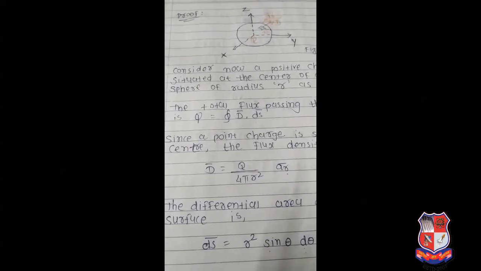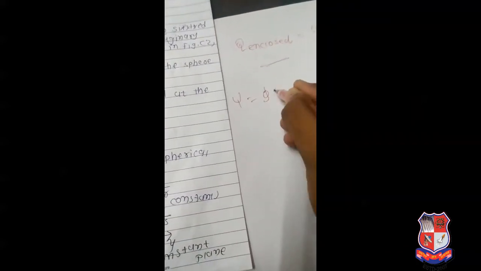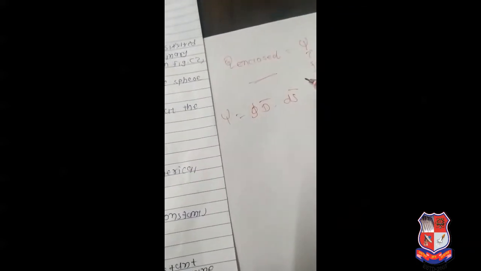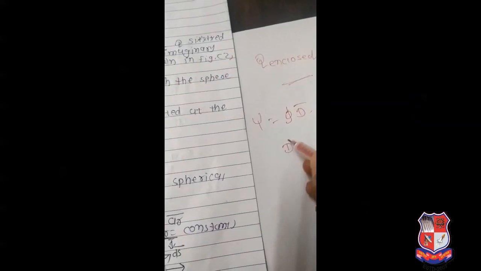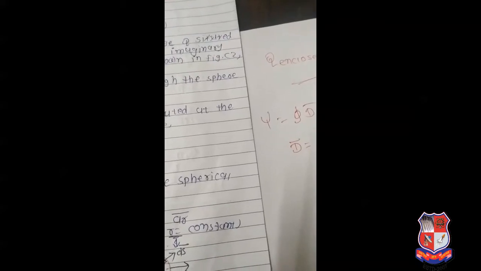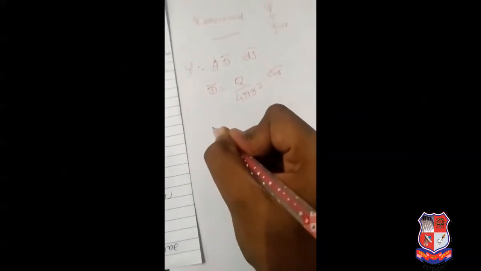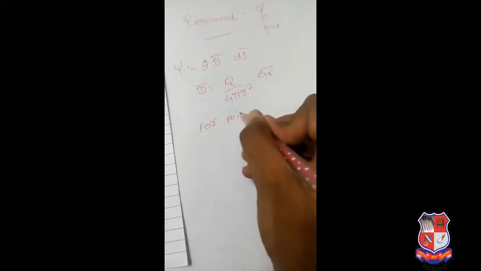Now the total flux psi can be represented as the surface integration of D bar dot ds bar. Now D bar is equal to Q upon 4 pi r square, into unit vector ar. Okay, now this equation comes from the equation for a point charge